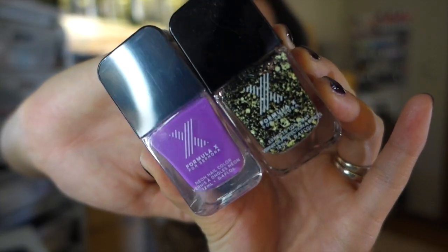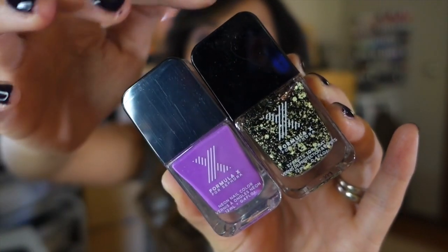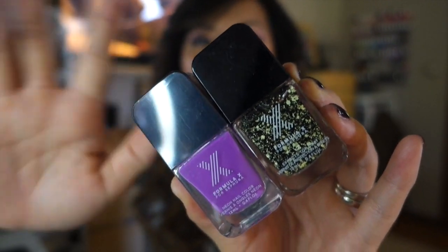This is a duo that I picked up offline. It's called the Bionic, and it was on sale for $11 for both of them together. This is a top coat, this is the bottom. You can wear them together or separate, but it gives a really cool effect when you put this on. It's like a green, blue, I don't know how to explain it, but it's really, really